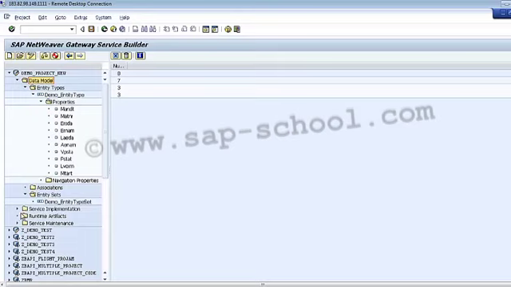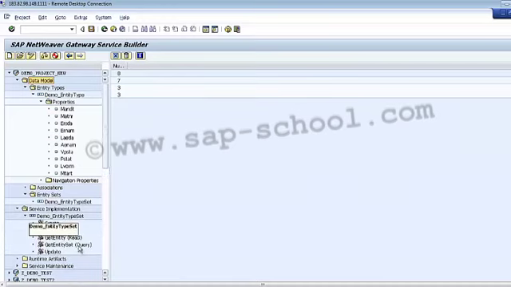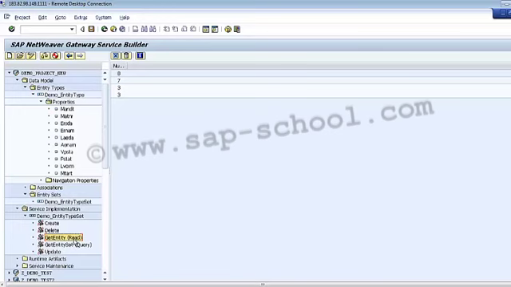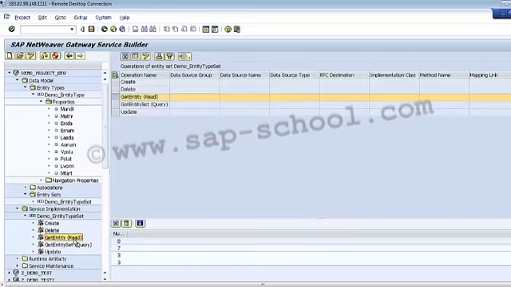If I expand this service implementation folder, and expand this entity set, I am getting the read and the query operations, that is the get entity read and the get entity set query. If I double click the mapping node, I can see here that I already have this type set created here.